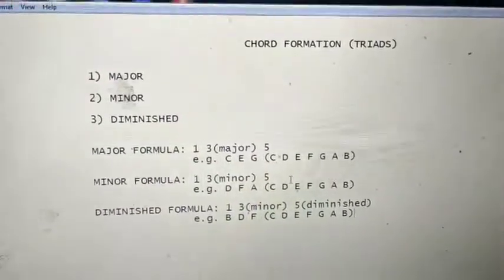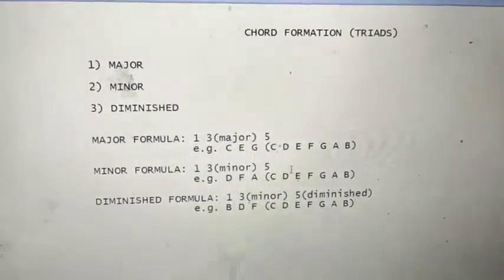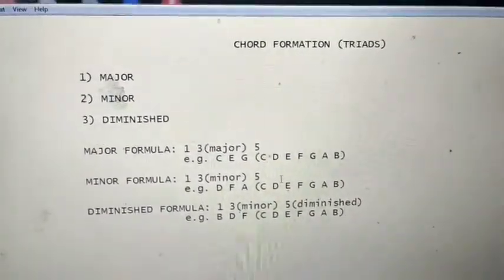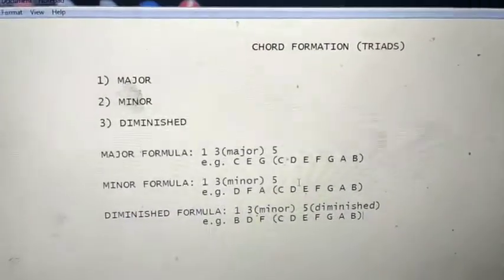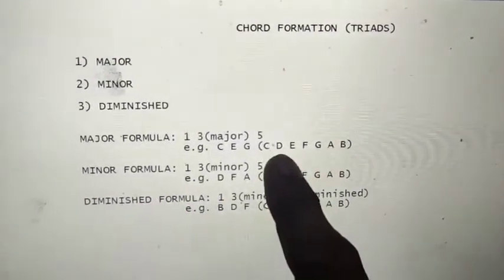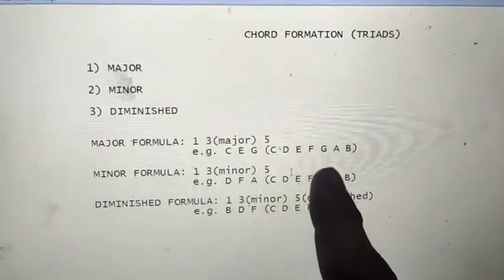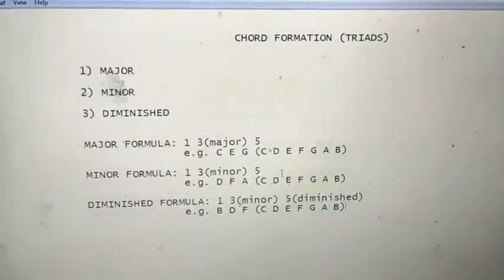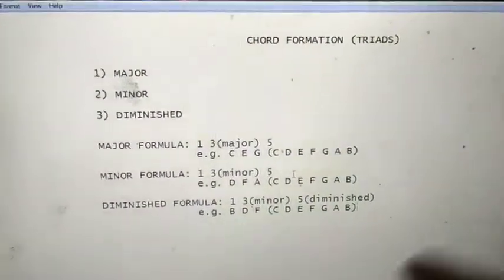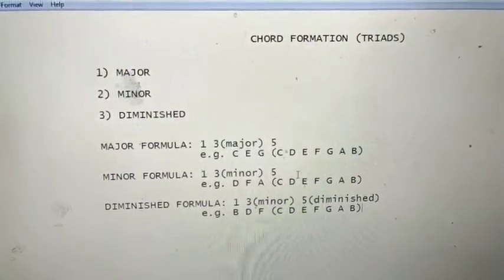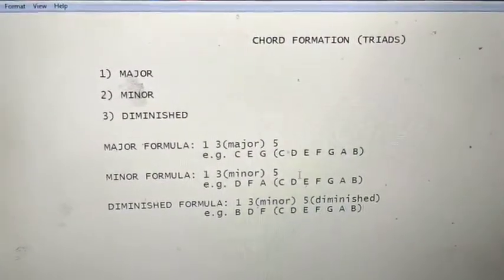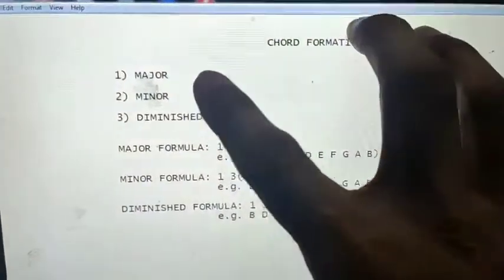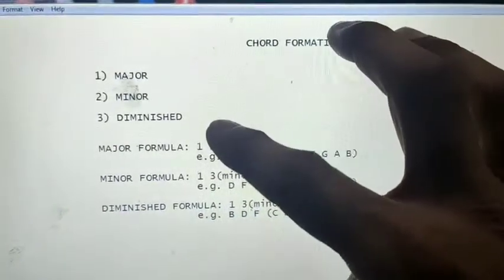Okay, so now if we take a look at this text document, we can understand that there are basically 3 possible types of chords that we can build up from the given major scale. For this example, we'll be taking the C major scale because it has all the natural notes, no sharps and no flats, so it becomes very easy for you to understand. In this lesson we are not talking about the suspended chords, which we'll be talking about in further lessons. There are a total of 3 types of chords that can be formed from a major scale: the major, the minor, and the diminished.